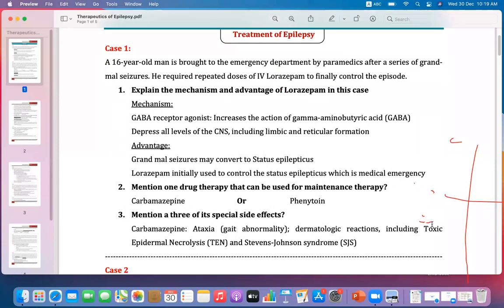Mention one drug therapy that can be used for maintenance therapy, and here it is carbamazepine or phenytoin. As we know, the preferred drugs carbamazepine or phenytoin are the preferred drugs in the management of grand mal seizures. The mechanism of action of carbamazepine and phenytoin is